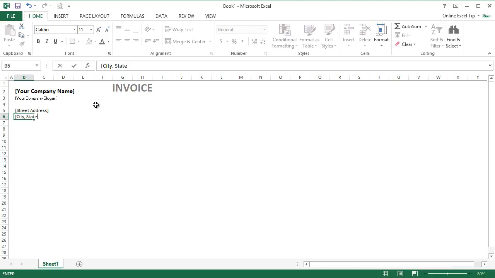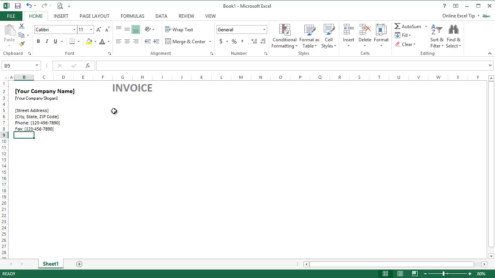city, state, zip code in B5 and B6 respectively, followed by phone number and fax number in B7 and B8 respectively. Now wherever you see text enclosed in square brackets in this template, you can change it with the actual value, since I have just entered sample text and values there just to show you what that field will include.